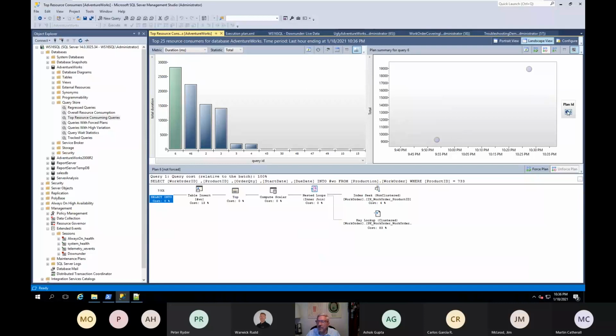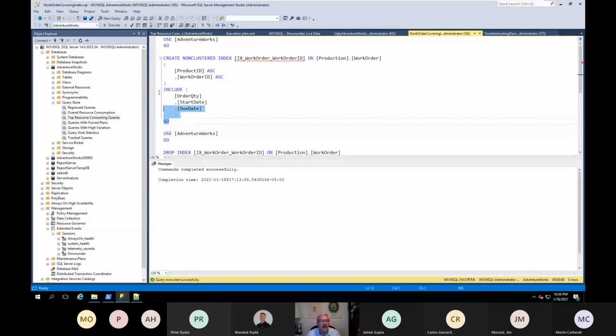Now we've got a single plan ID. Here's kind of a neat feature. I'm going to create a covering index. And then I'm going to close this execution plan.